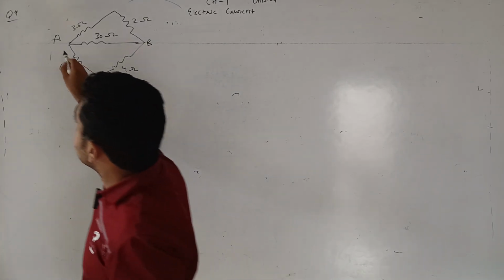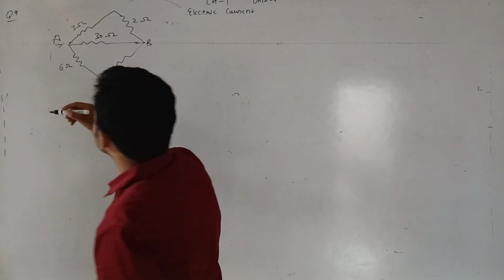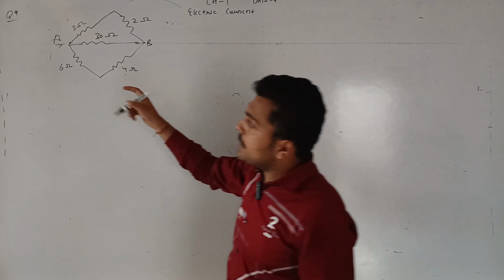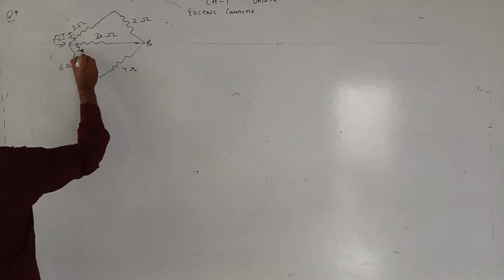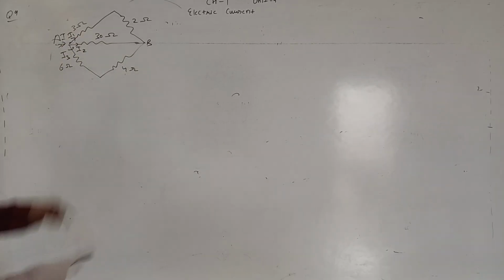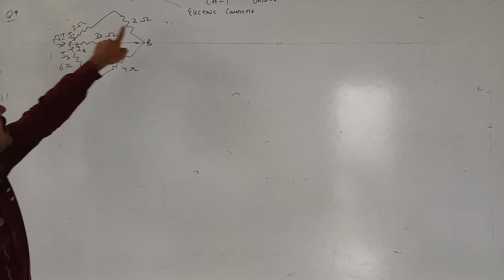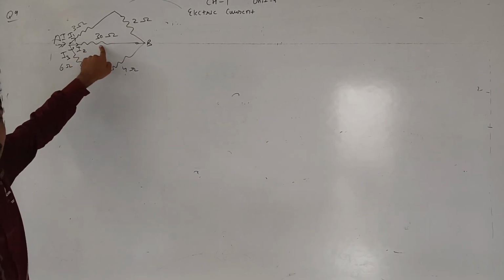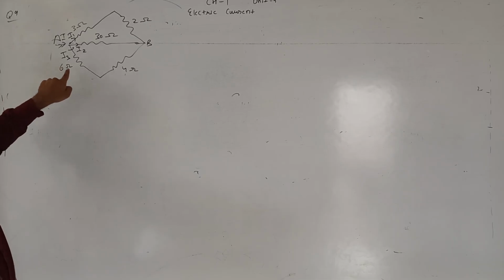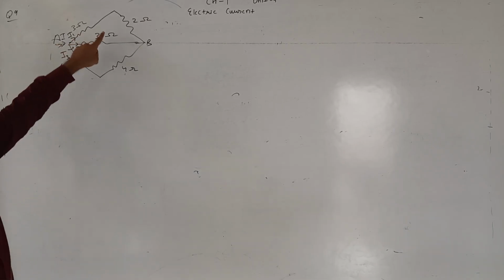Again, we can see if current I is coming, it will be distributed in 3 parts. Current I will be distributed as I1, I2 and I3. So I1 current will go through the 3 ohm and 2 ohm resistances. Therefore 3 and 2 ohm are in series with each other. I2 current will go through the 30 ohm resistance and I3 current will go through the 6 ohm and 4 ohm resistances. Therefore 6 ohm and 4 ohm are in series with each other, and because all the 3 systems